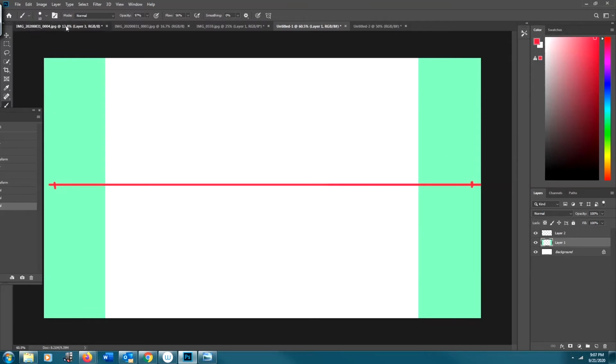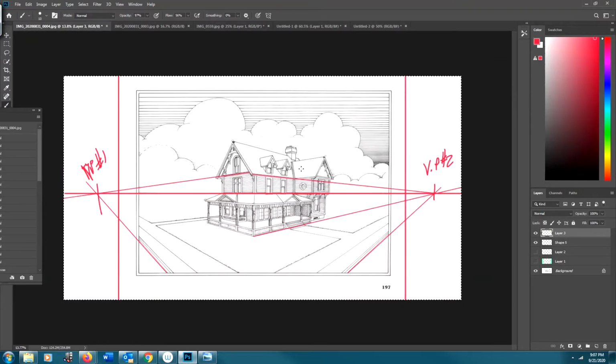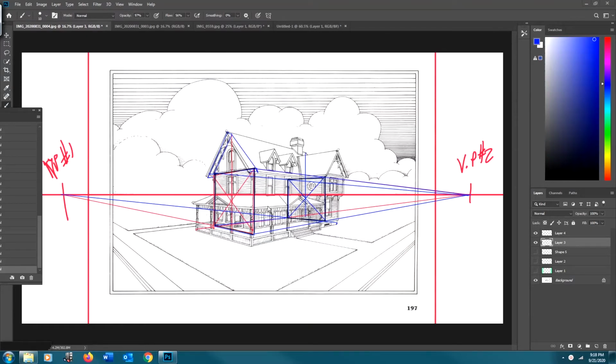I'm trying to reproduce this house. So the first thing is what can I just eyeball in order to make it look like the house. Because if I just end up taking things to the vanishing point, I could end up with a house that's too flat or too tall and skinny. So if you look at the house here,